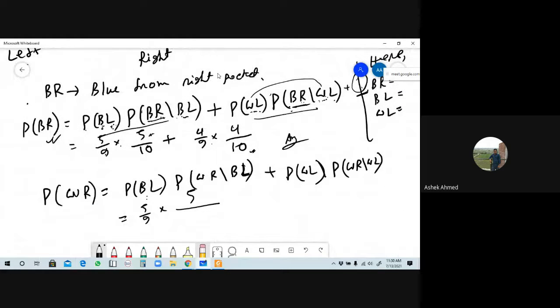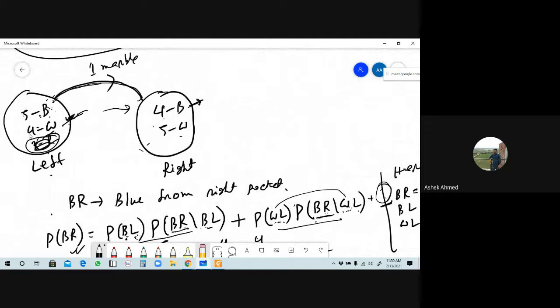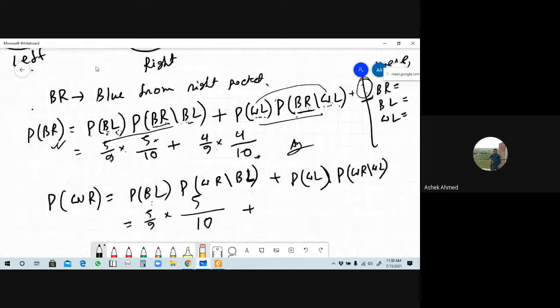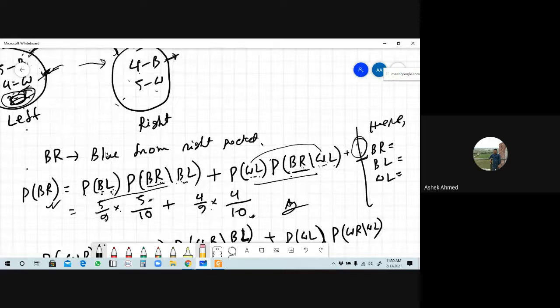5 divided by the total number of marbles here, which is 10. This will be white from left. Okay, in that case the probability will be what? White from left means, there are four marbles left, so that will be 4/9 into... but if you transfer a white marble from left to right pocket, the number in the right pocket will be